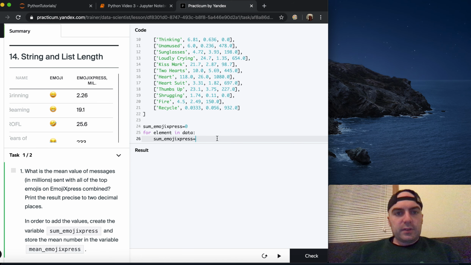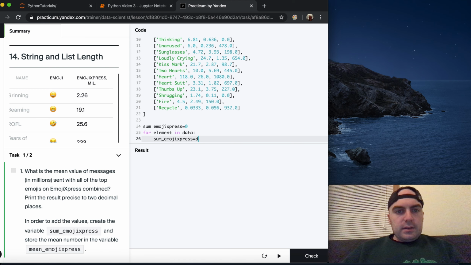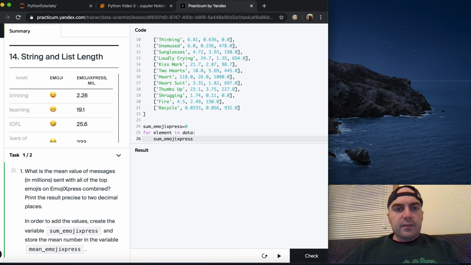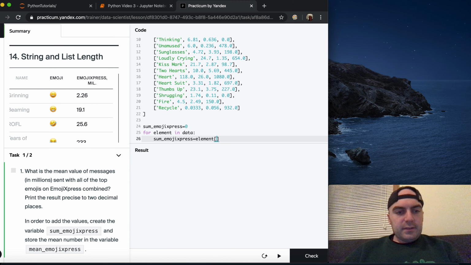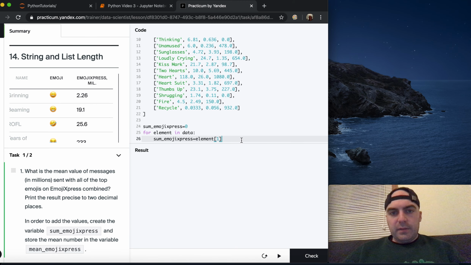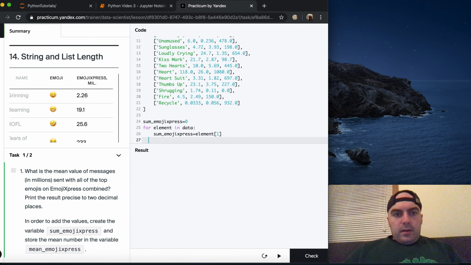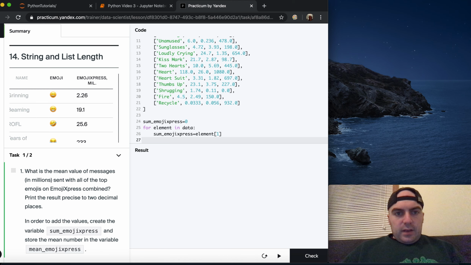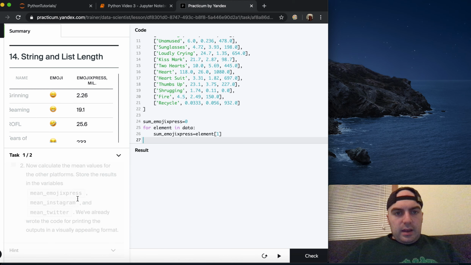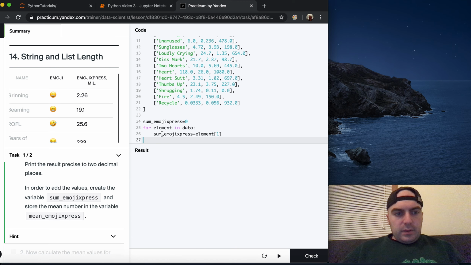Okay, so this is equal to data, or actually element is a list, right? So we want element at position 1, right? Because 0 is the name and 1 is the emoji express value. Okay, so now we have the sum of all the emoji expresses, and then we want the mean, which is going to be mean